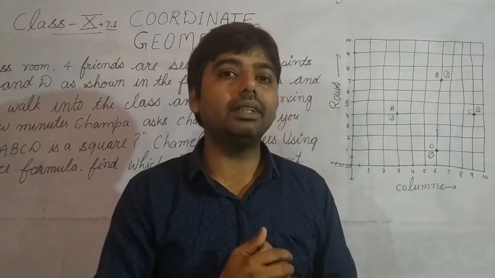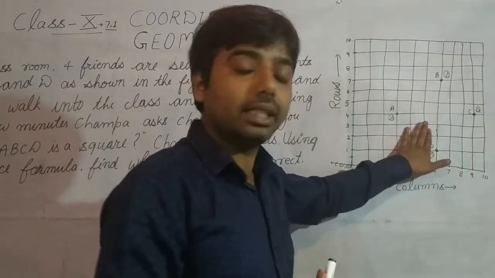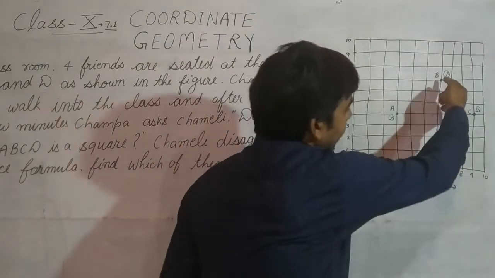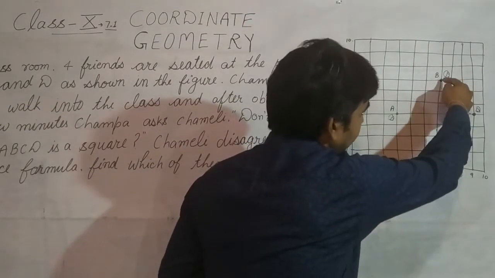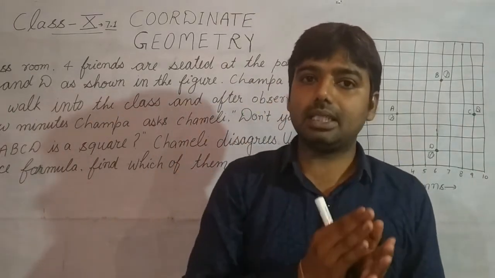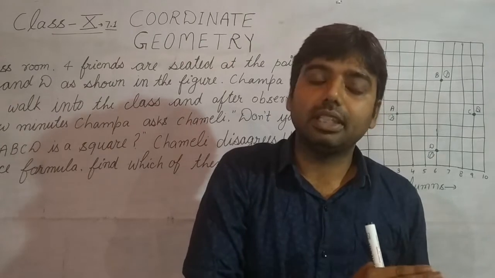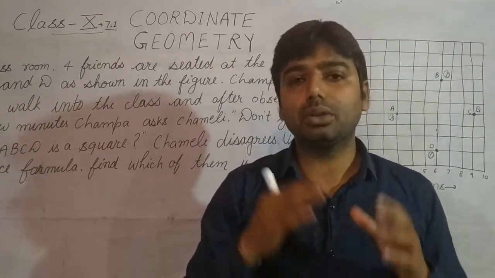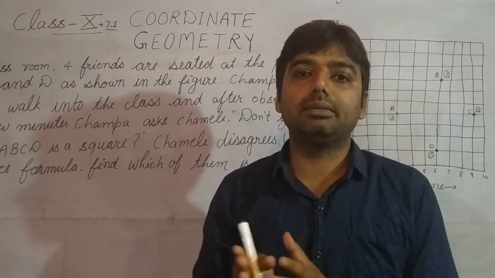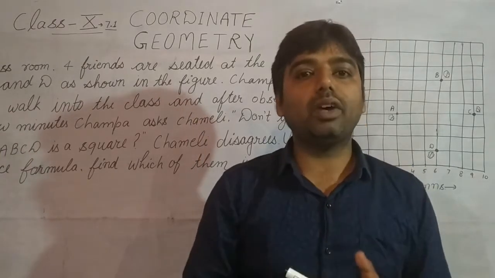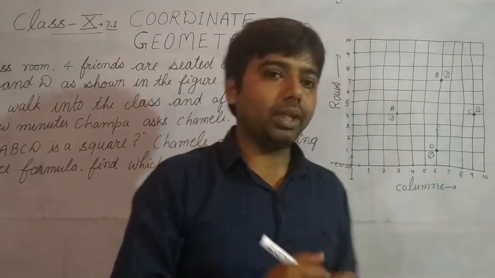Yes, we have this one. If all the sides are equal, and other than sides, if we take the diagonals AD and AC, if these both diagonals are also equal, then we can say it's a square. For this we are required to find out the coordinates of A, B, C, D. It's not a big task. In 9th class you have studied how to find out the coordinates of a point.